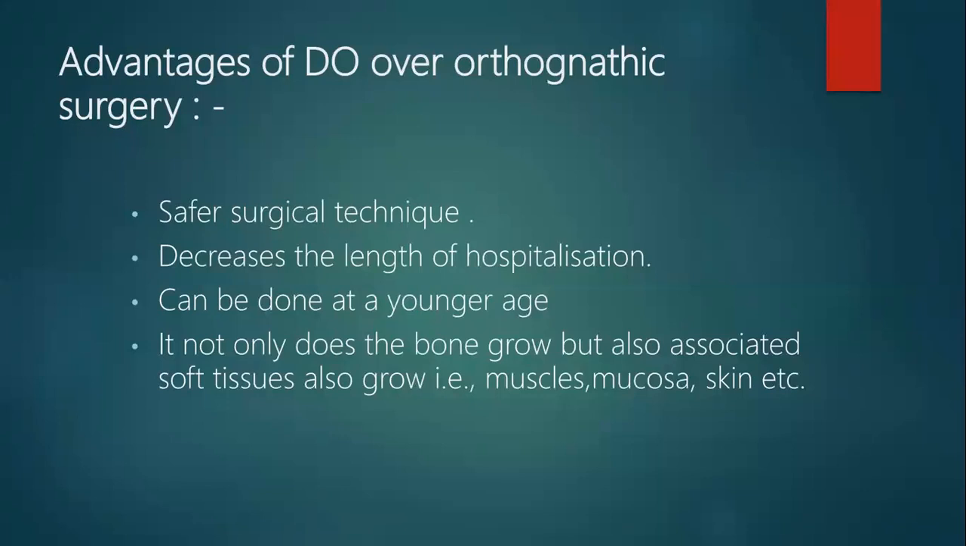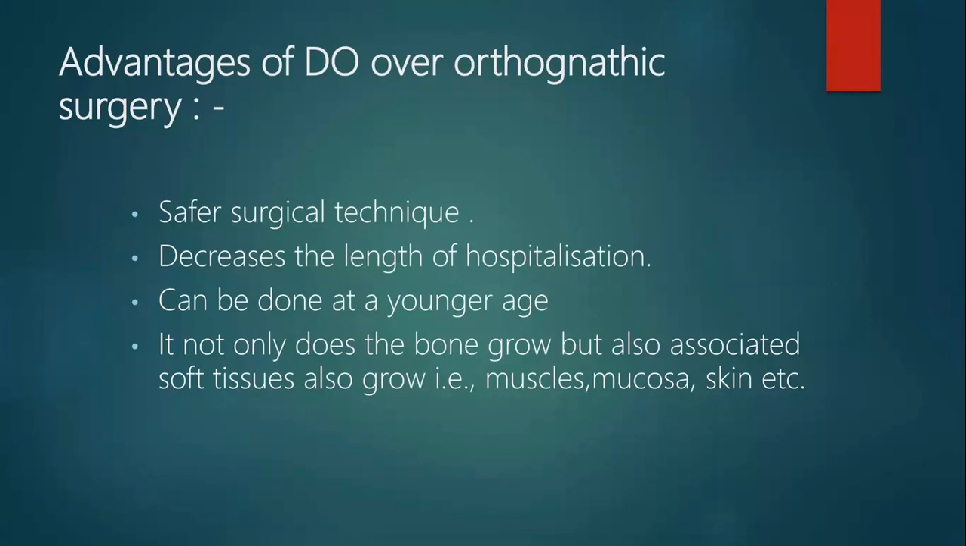Basically, the rate of the distraction is that the distractor is activated by 1 millimeter in one day, and it is activated twice. So for one rhythm, 0.5 mm activation of the distractor will be done, and it is done for 1 mm in one day. This phase is followed by the consolidation phase, in which slow growth of the bone along with the soft tissue has occurred